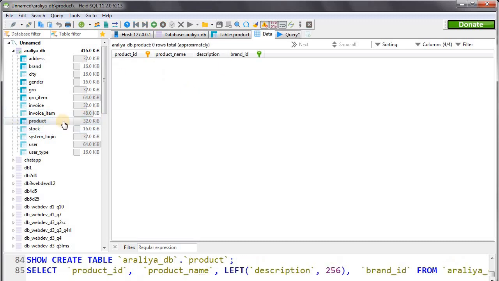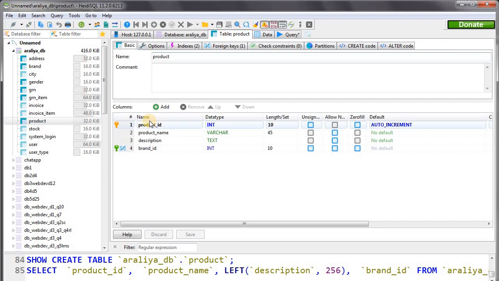This is the product table. Here you can see it's empty for now, and this is the table configuration. In this table, the product ID is auto incremented, so we don't have to enter that data, but we have to enter data to the other three columns: product name, description, and brand ID.